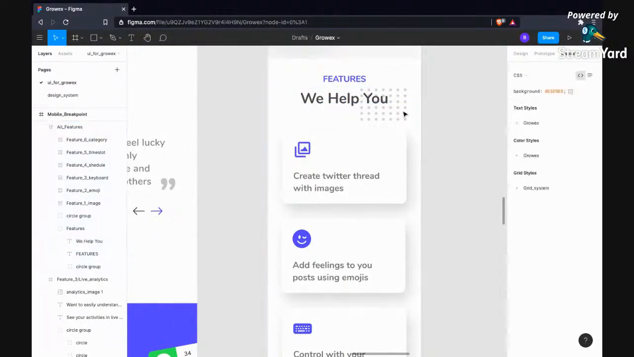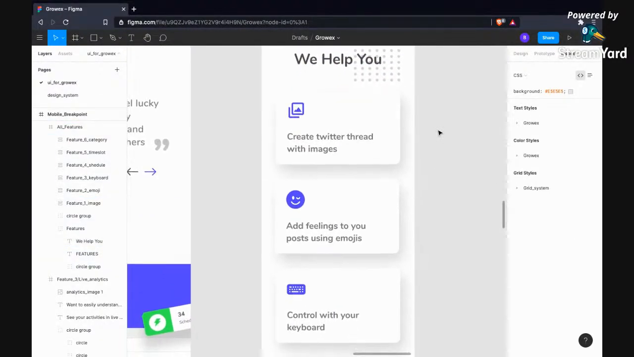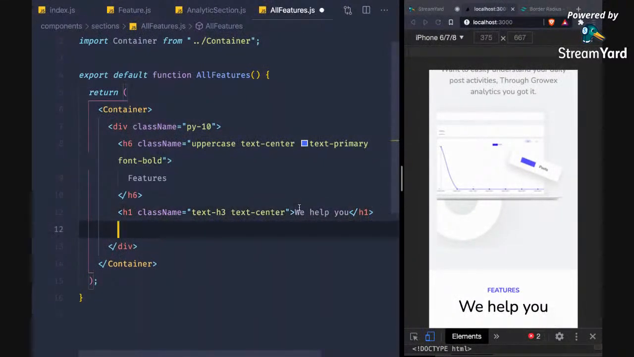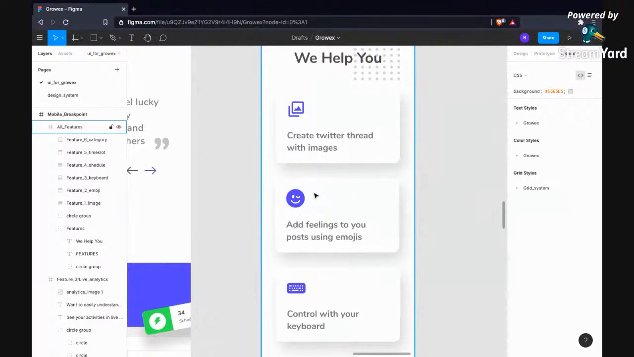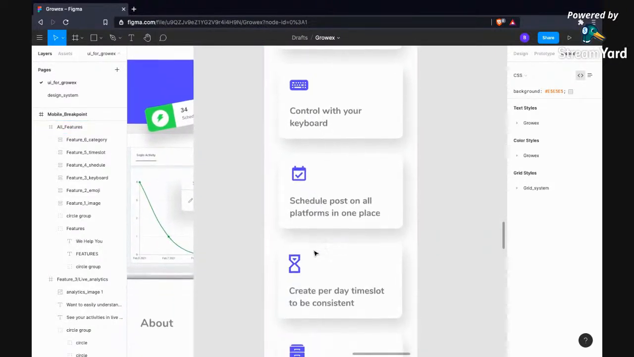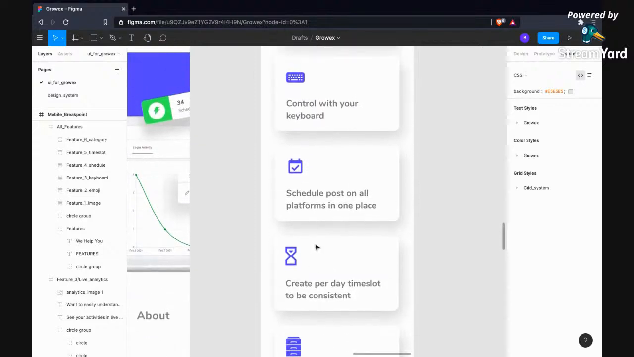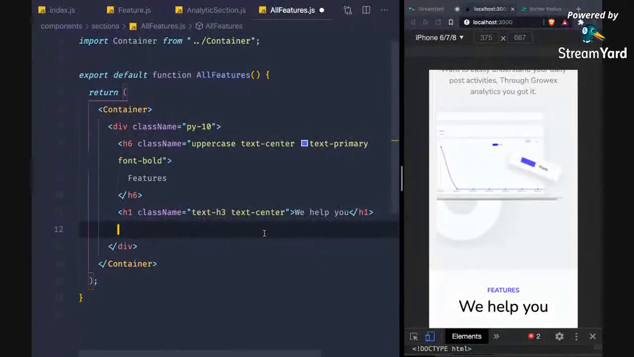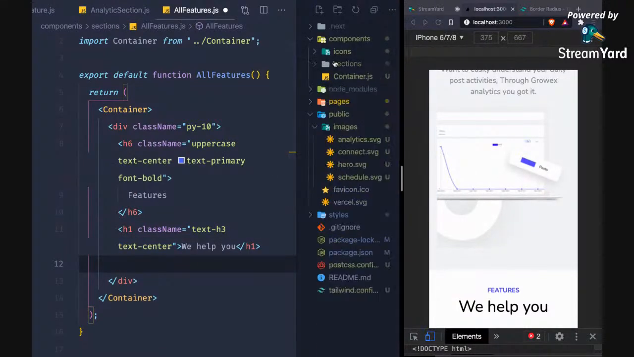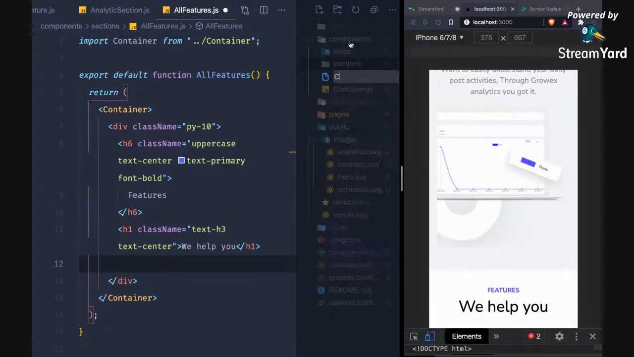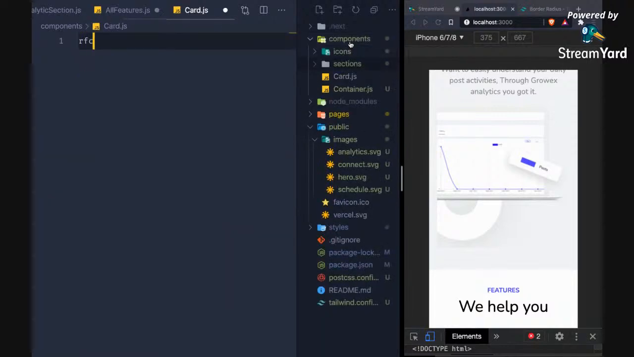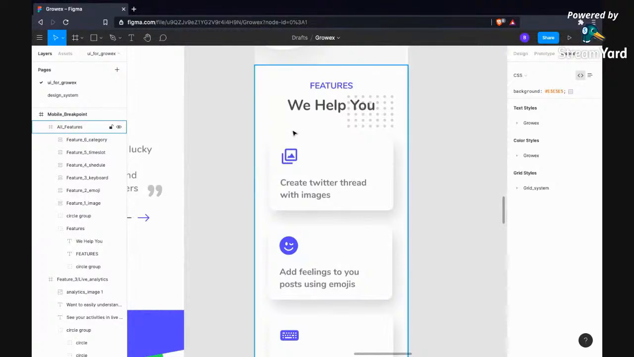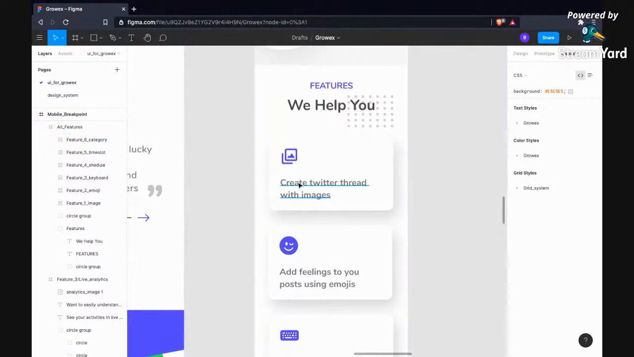One more time, this dot image, we will do that later. First, we need the card. Okay, so we have to use 1, 2, 3, 4, 5, 6 cards. So let's create a card. So let's create a component called card.js,